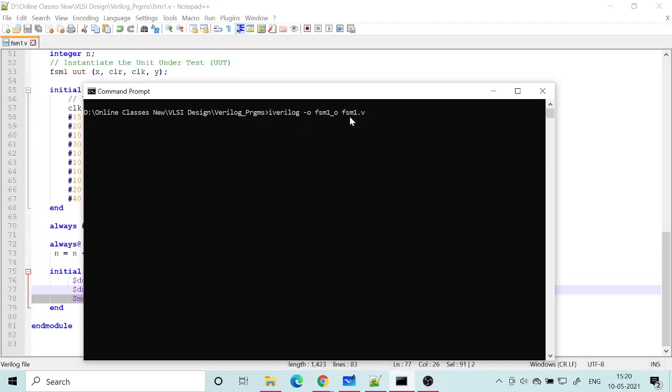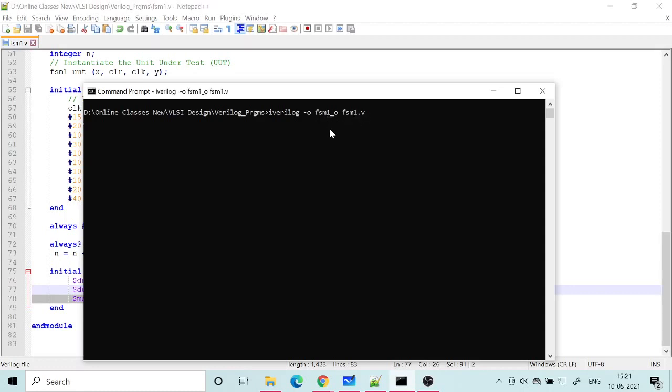My program is fsm1.v, the same as you can see here in Notepad++, it is written on the tab fsm1.v, and I compile it, and the compiled output I will write into fsm_0. The -o is the way in which you can specify what should be the name of the file in which my compiled output should be written.